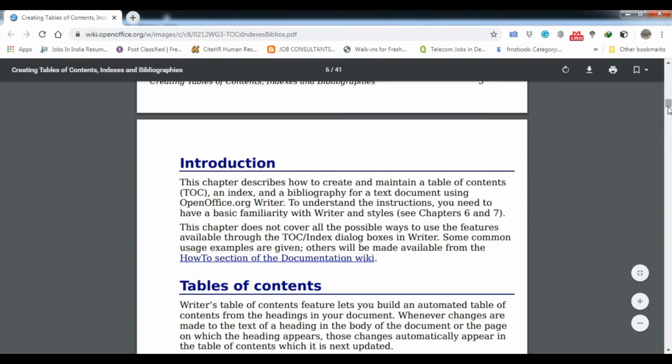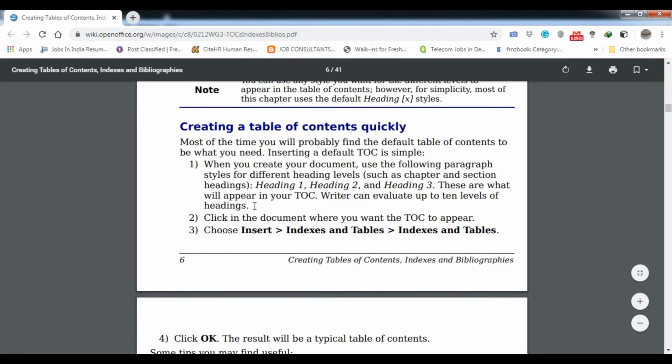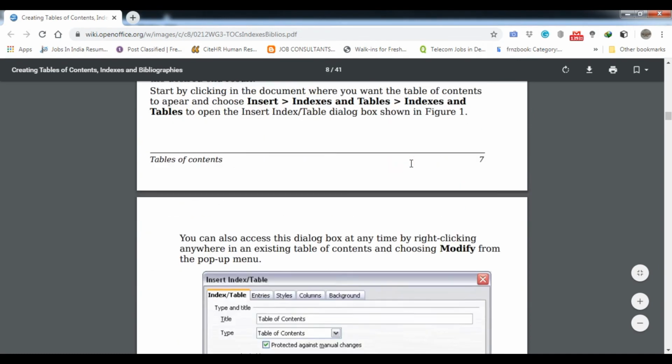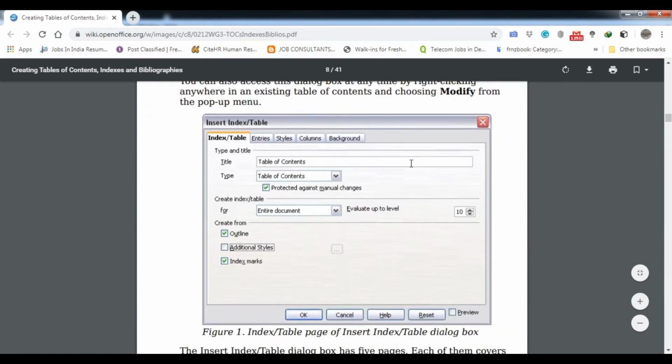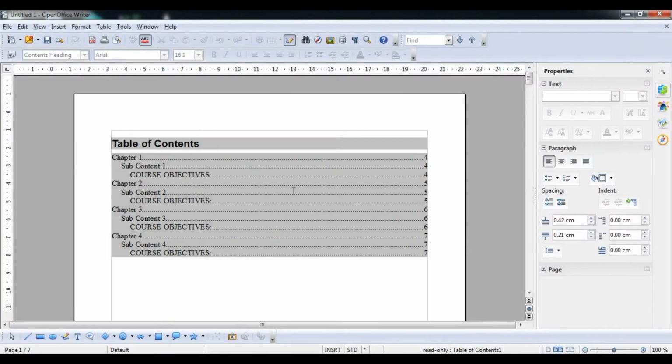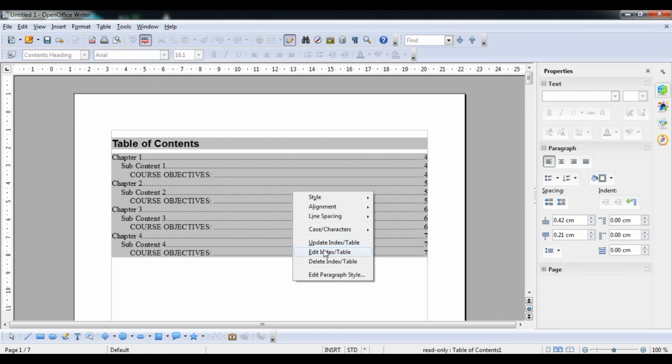Okay, so here are the introduction, what is a chapter, and the table of contents, and how to create a table of contents. The steps are given there. I will give you the link for that also, students, or I will put it in the video description so you can download it. So now we are going to talk first of all about its customization. So go to Index and Table.